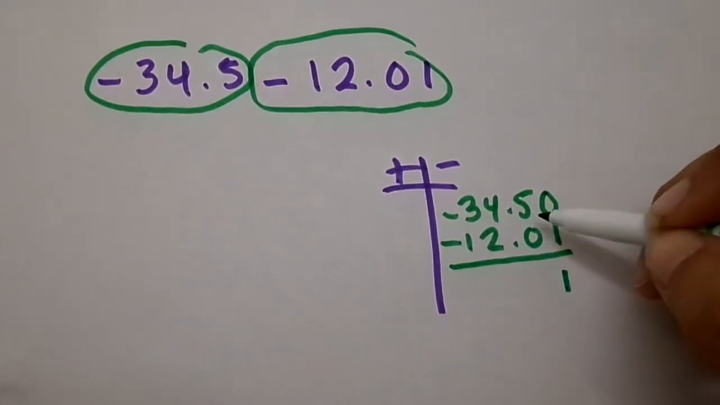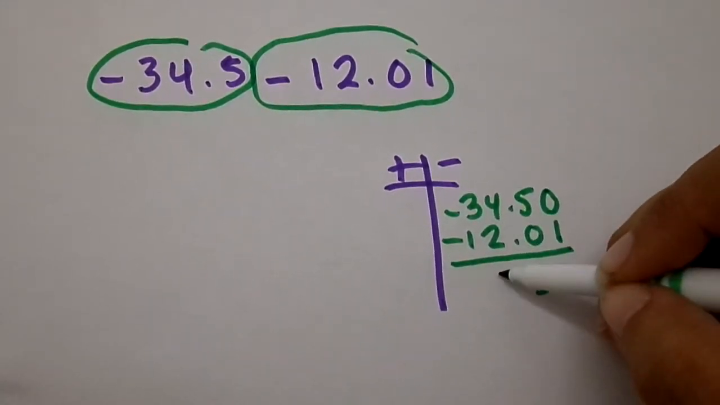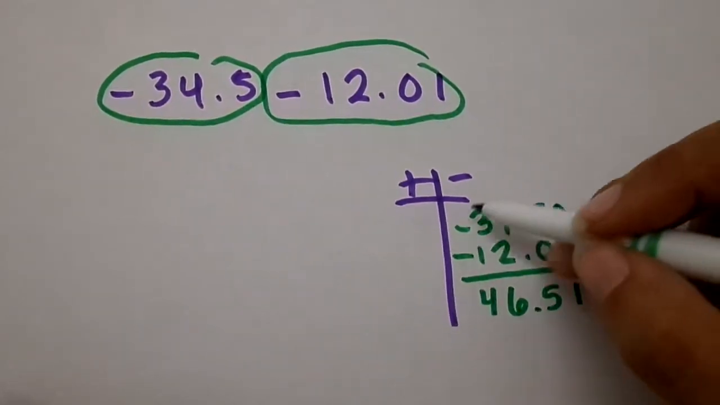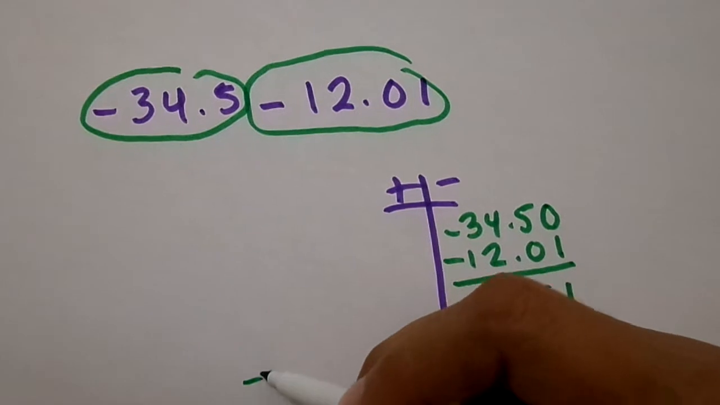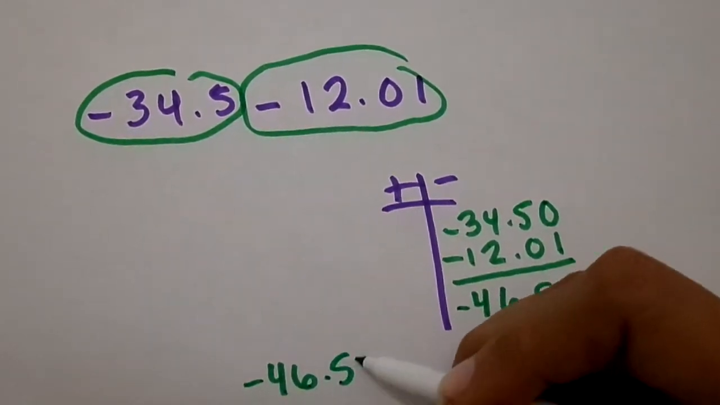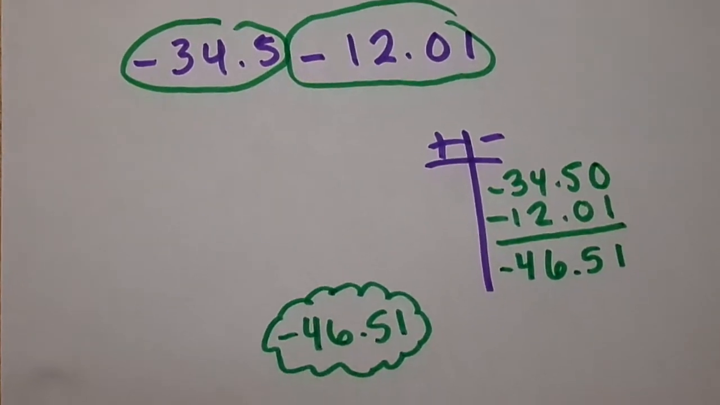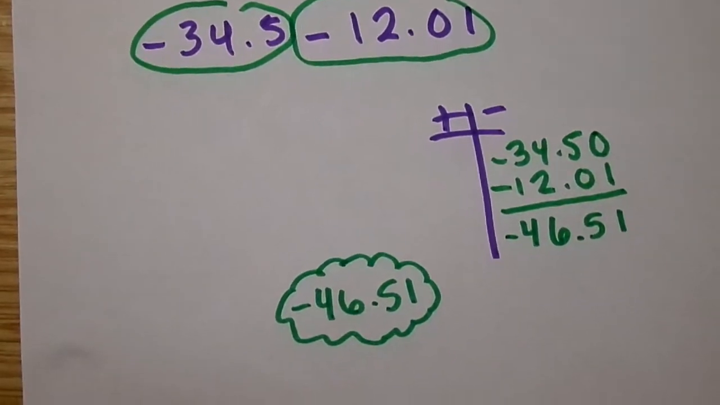0 plus 1 is 1. 5 plus 0 is 5. 4 plus 2 is 6. 3 plus 1 is 4. My decimal comes straight down. Since they're all negative, my answer will be negative. So I have negative 46 51/100. Okay, we're going to do 2 more, and these questions are going to start to get a little longer,